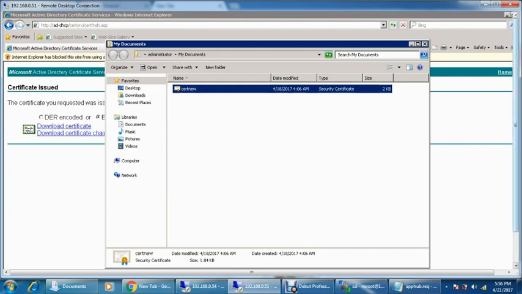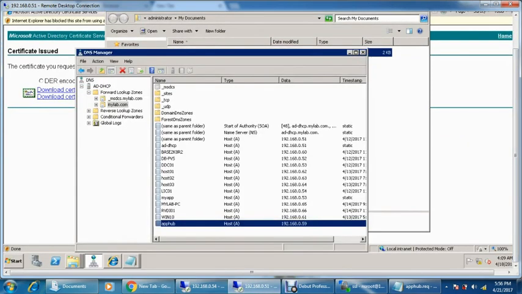Now you can see the store name as well as the storefront's website name. It's a local site,